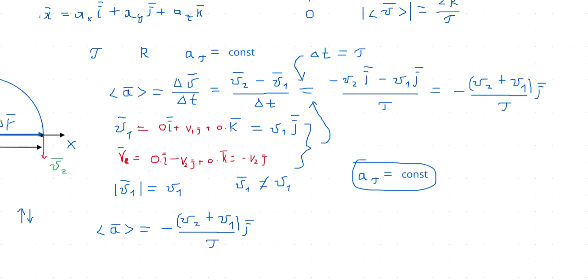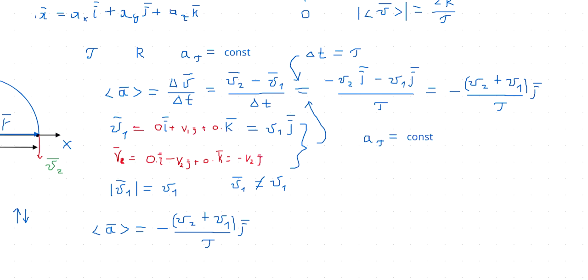Okay, we need to remember one more formula from our theory that we learned last week, and we can remember that tangential acceleration a tau is equal to the first derivative